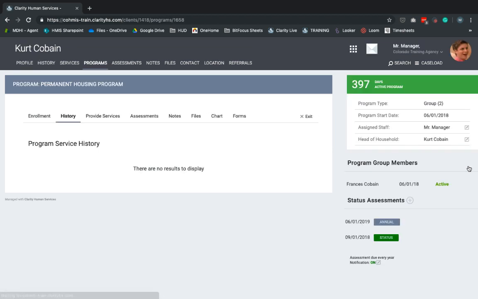When I open this up, I'm taken to the program enrollment for the permanent housing program I have enrolled them in. I can tell the name of the program from this little menu blue bar section here, and I can tell the client profile I'm in from the top left. Their name is displayed there. So we've enrolled them previously. In earlier videos, we created those status updates and all that good stuff. So now it's time to create our program exit.